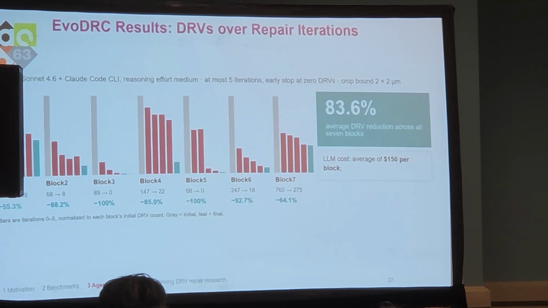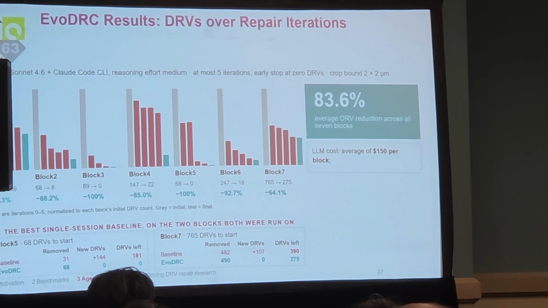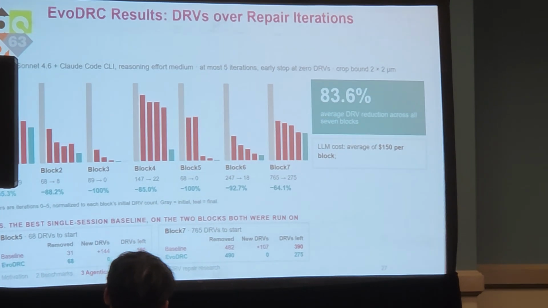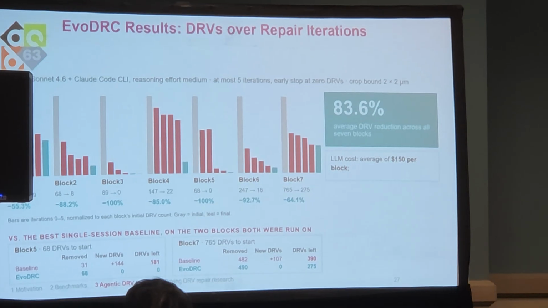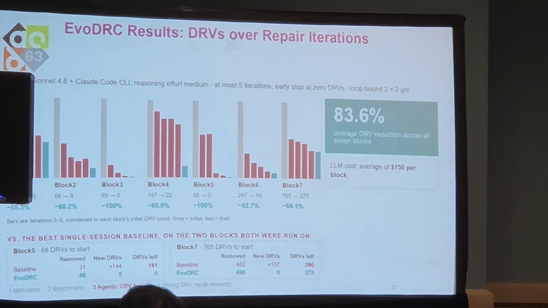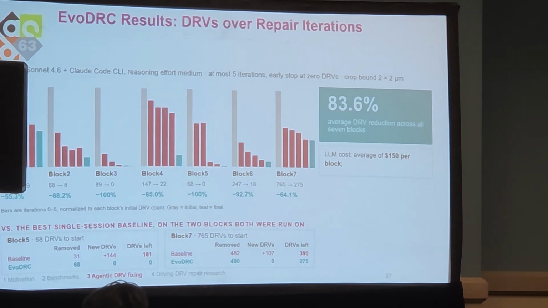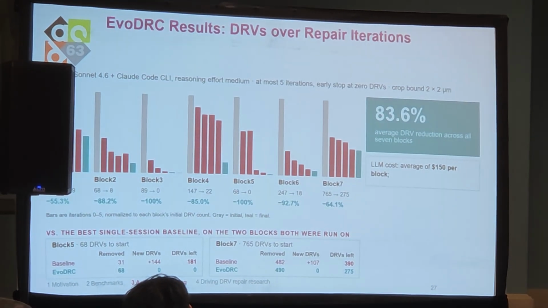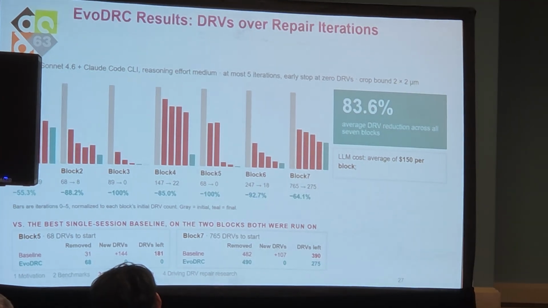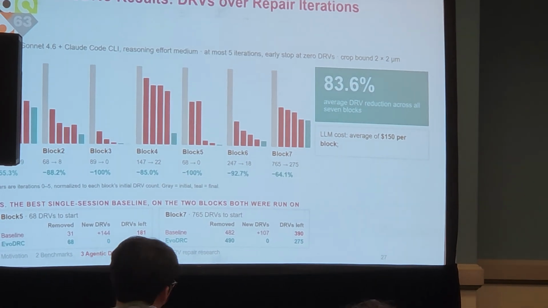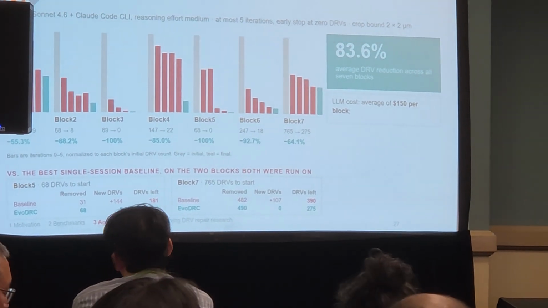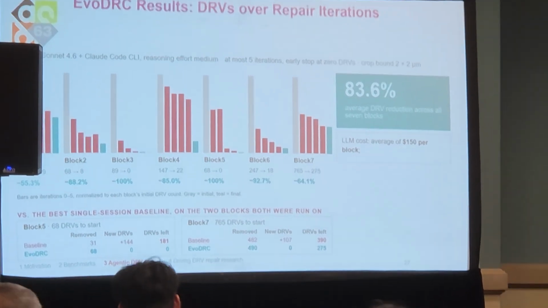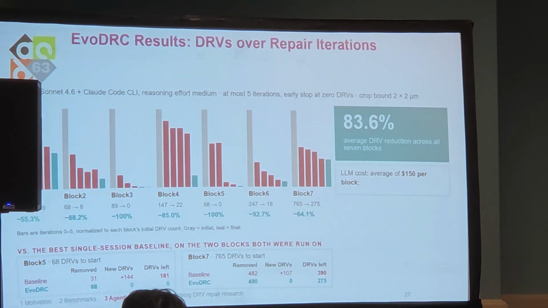So compared with the original baseline that we had presented earlier, with all those different CLI agentic flows, on the 2 block level test cases I presented earlier, EVO DRC was able to remove a lot more violations compared to the baseline. So if you look at the bottom left corner there, on block 5, compared to the baseline, which removed only 31 violations, but it introduced over 144 violations, this technique of skill evolution removed 68 violations and introduced